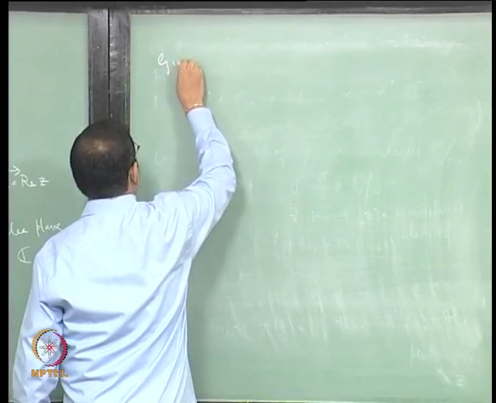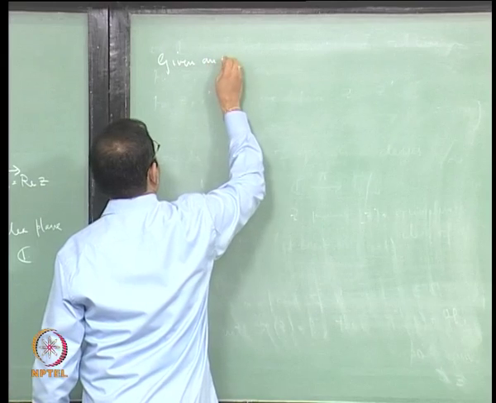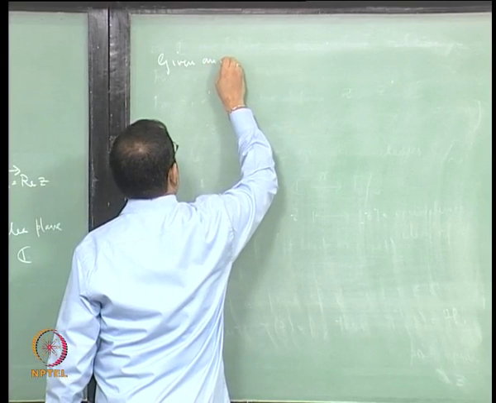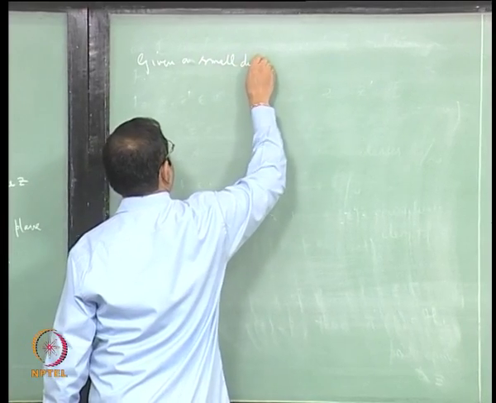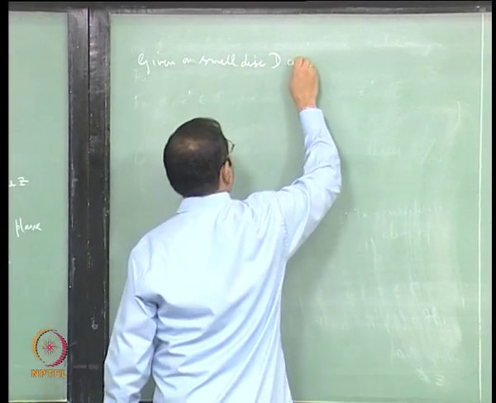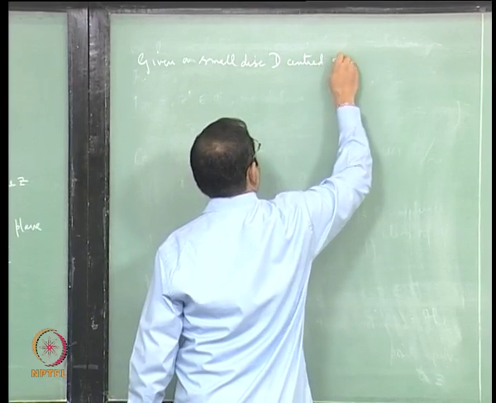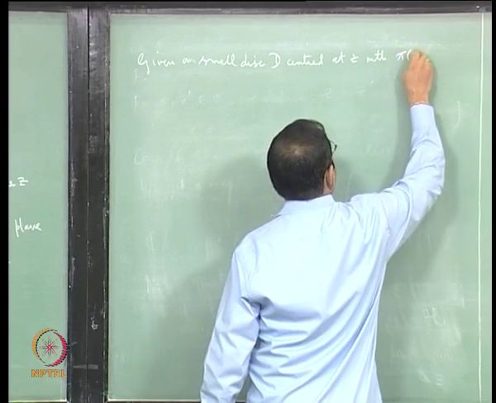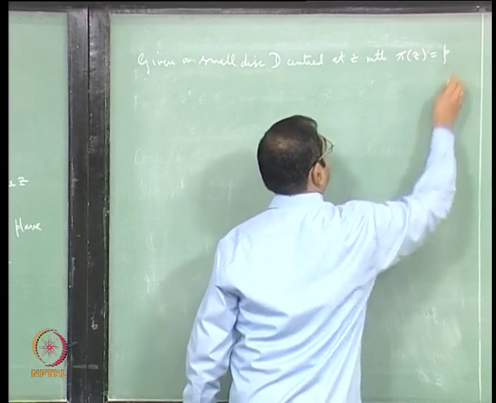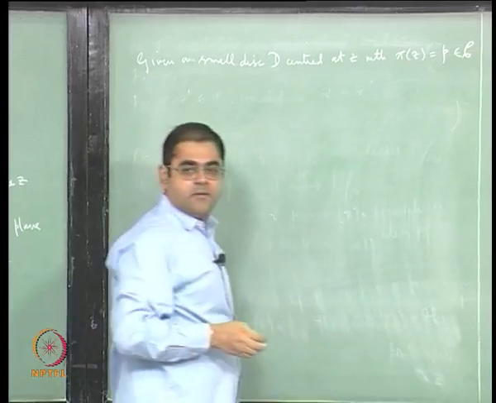Given a small disk d centered at z with pi of z equal to p on the cylinder, okay,